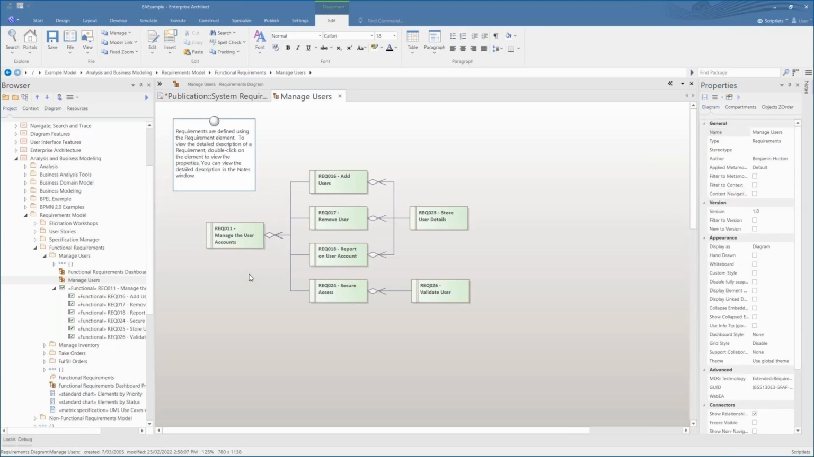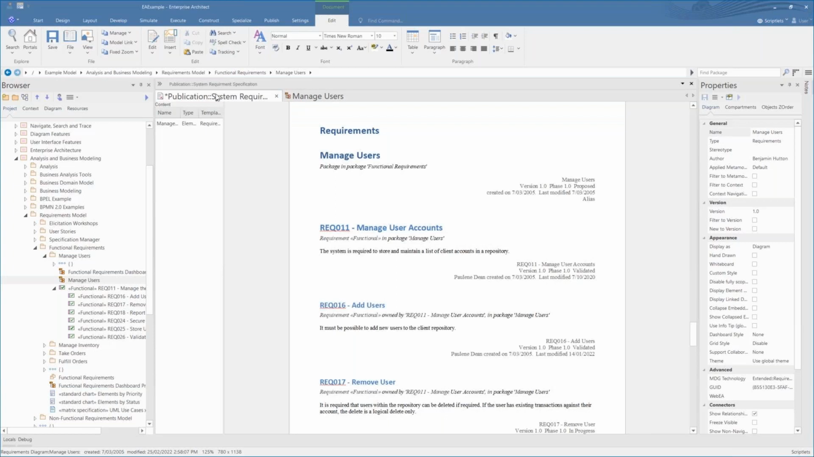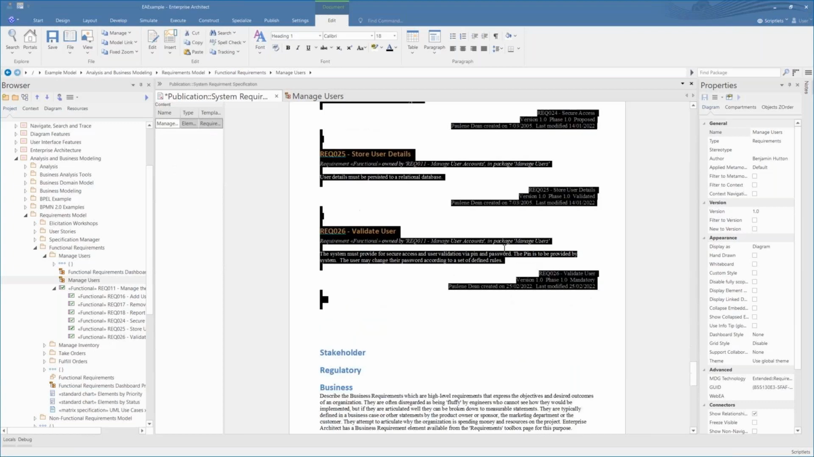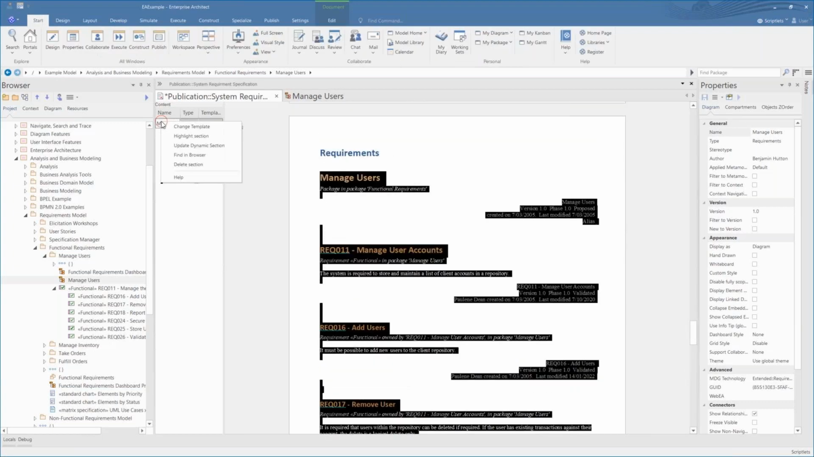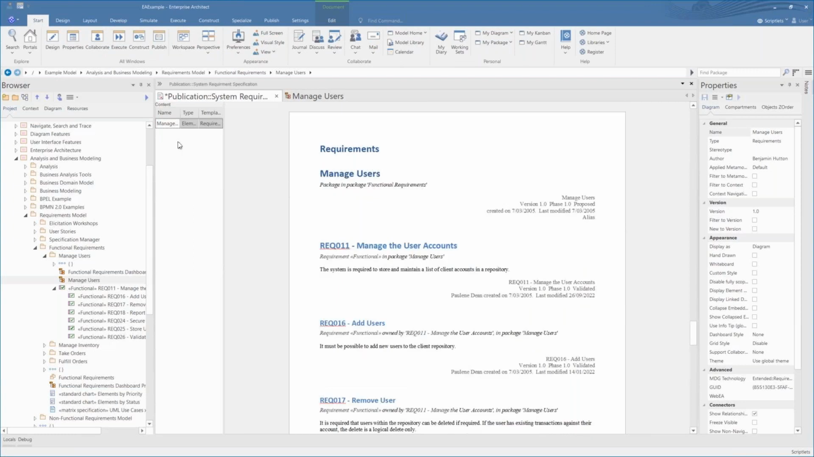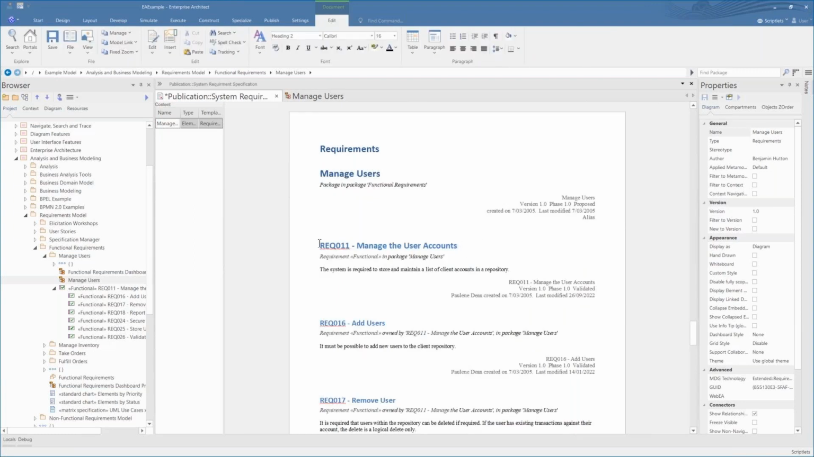I can then save those changes. Now, in a traditional sense, this report would now be out of date and would be wasted. But because we've used Enterprise Architect, we can simply highlight the section and update that dynamic section. And if you have a look, the change that we've made to that requirement is now automatically reflected